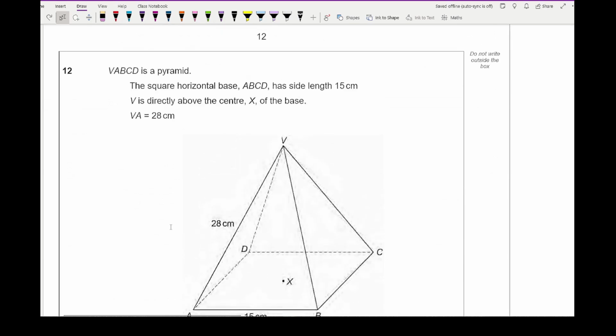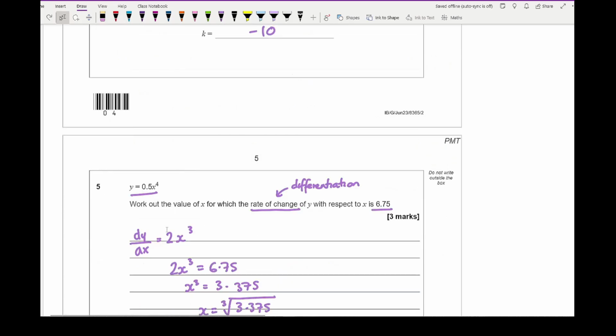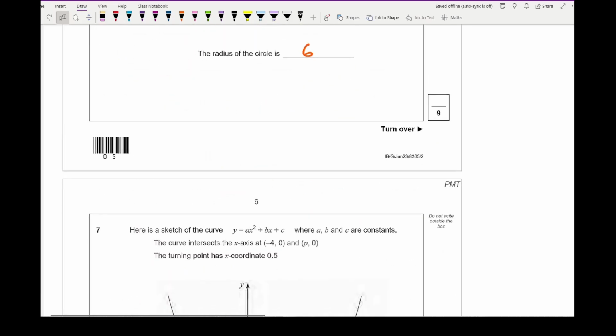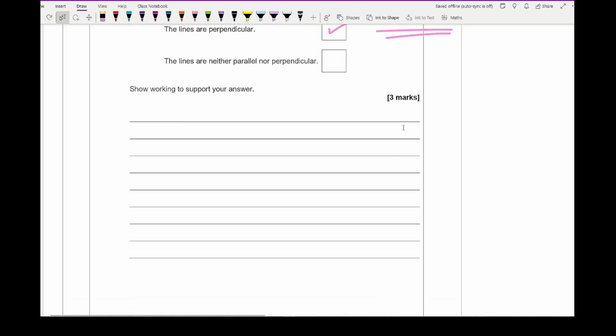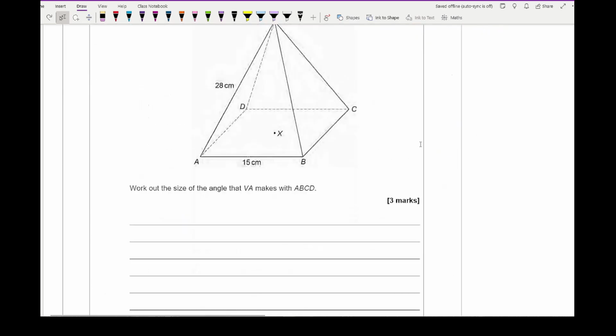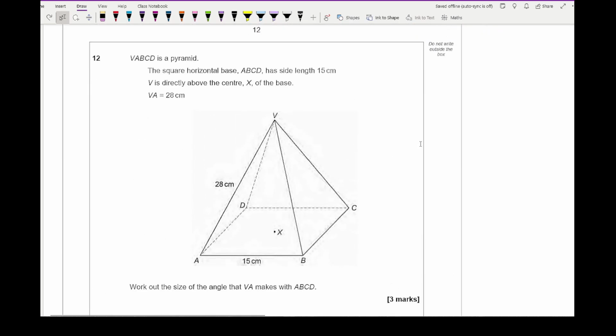Moving on to question 12, let's just zoom out so we can see it all in its entirety, and of course it's going to reset, so let's just drag all of this back down, which we get this question here, and it's saying that VABCD is a pyramid. The square horizontal base ABCD has a side length of 15 centimeters. V is directly above the center X of the base. VA is 28 centimeters, and the question is asking us to work out the size of the angle that VA